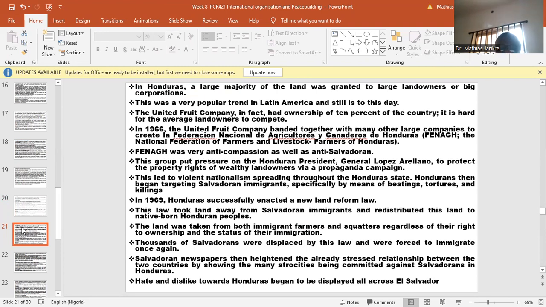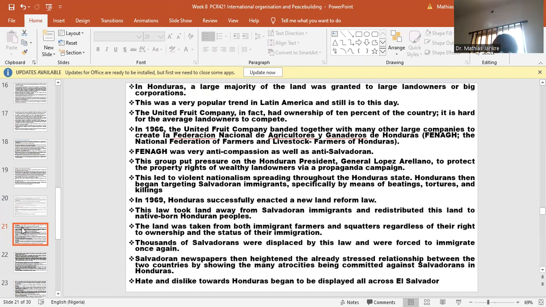It is hard for the average landowners to compete. In 1966, the United Fruit Company banded together with many other large companies to create La Federación Nacional de Agricultores y Ganaderos de Honduras, the National Federation of Farmers and Livestock Farmers of